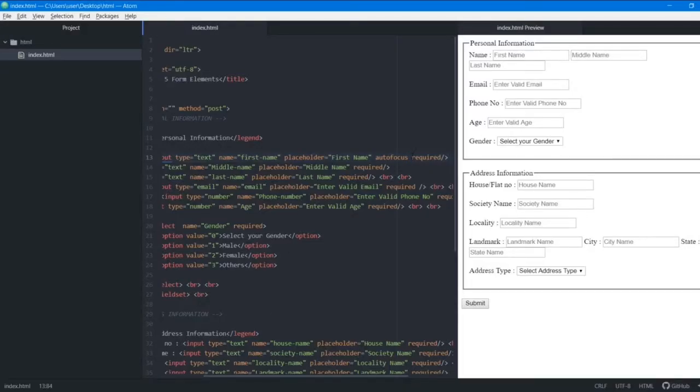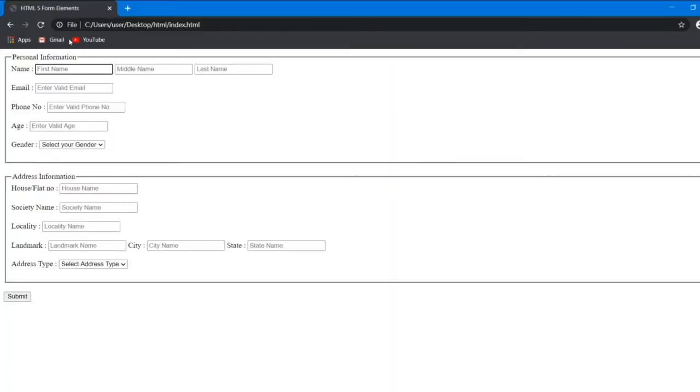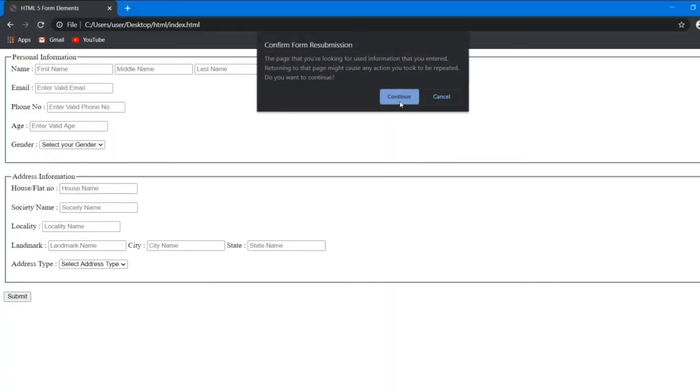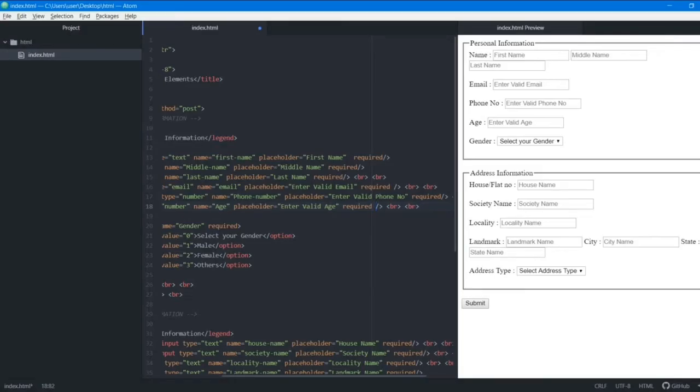Now if I remove autofocus from here, I'll just cut it, Control X, and I'll put it in this age part. Let's put it after this required tag. I'll save it. Let's open it up in a browser. Continue. You can see that age is blinking now. So it tells the user that this has to start from here, but we don't have to, right? We have to start from the name first. So again,